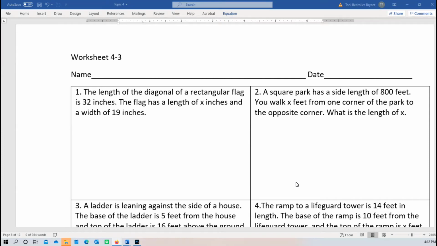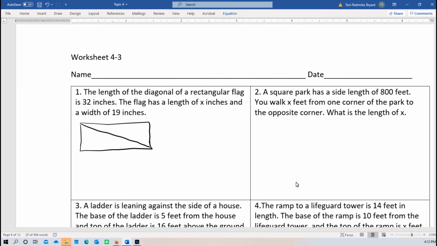All right, this video is for worksheet 4-3, and in this one we're going to do some Pythagorean theorem word problems. So the first one, the length of a diagonal of a rectangular flag. So we have a rectangular flag, and we make a diagonal. Okay, and because that's a bisecting diagonal and it's a rectangle, we know we have some Pythagorean theorem relationships going on. And we know that the length of the diagonal is 32 inches, and the flag has a length of